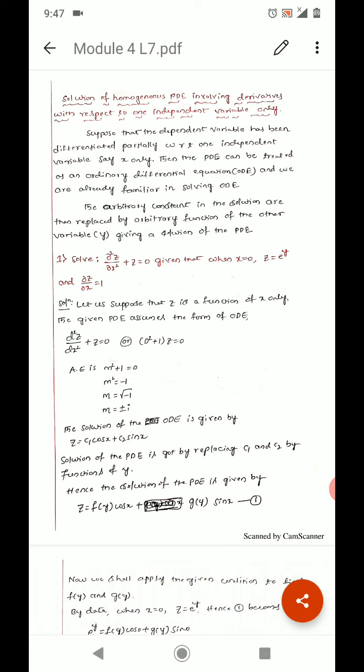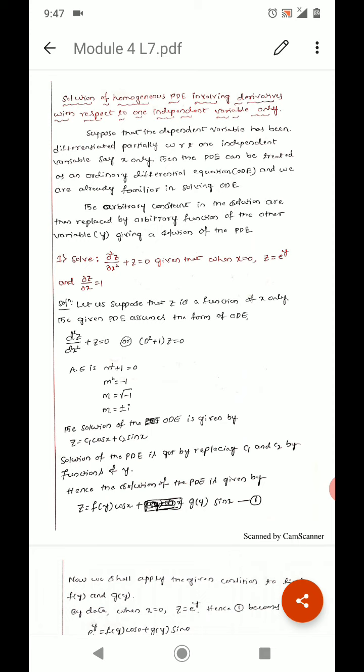So we know how to solve this equation. So we will write d by dx as capital D. So d square by dx square can be written as capital D square. So (D square plus 1) of z equal to 0. So the auxiliary equation becomes m square plus 1 equal to 0. Therefore m equal to plus or minus i. So this is a complex root. Here the value of p is equal to 0 and q equal to 1. Therefore the complementary function or the solution, since this is a homogeneous equation, we obtain only the complementary function, and that will be the final solution.